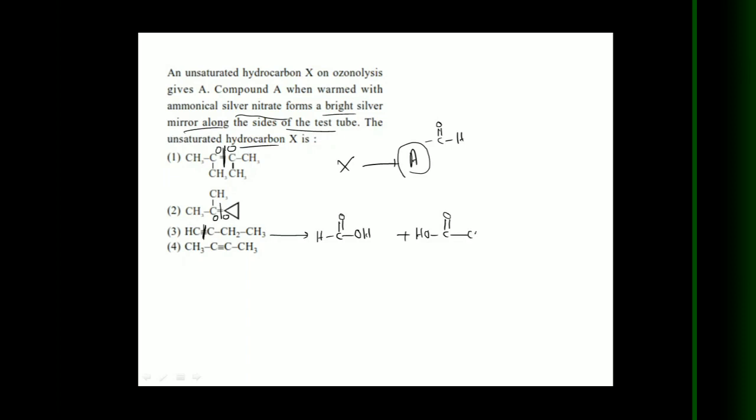That means here CH2, CH3. Now here this one on ozonolysis, cut this double bond. CH3 and COOH, 2 moles of acetic acid actually. So in this case, formic acid gives a positive Tollens test. That means there is a presence of the aldehyde group. That's why among the carboxylic acids, only formic acid gives a positive result with the Tollens reagent. So the answer is